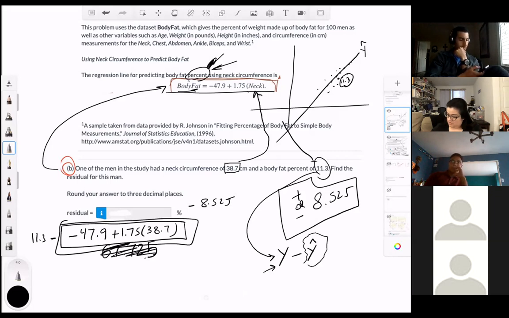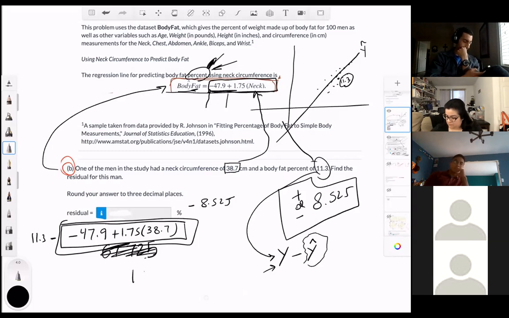Kayvon, why are we subtracting? Because here it is negative. The formula has a negative. But if it was a positive number, it would be 11.3 plus whatever the number is. But no, this one, the formula has a negative. If you calculate this, you get something around